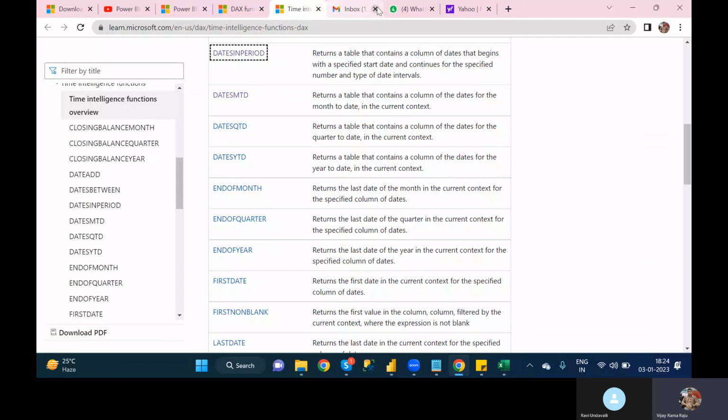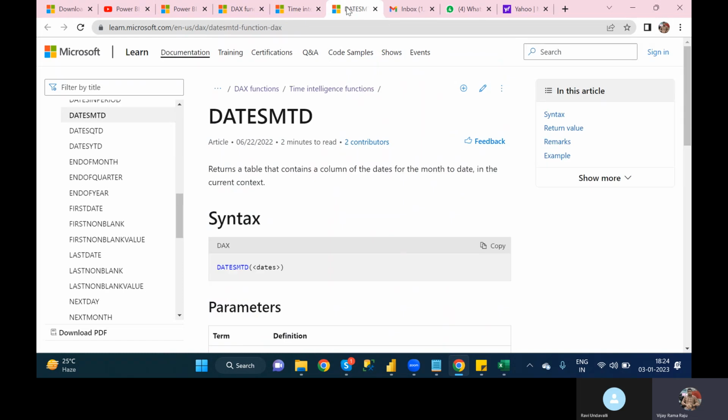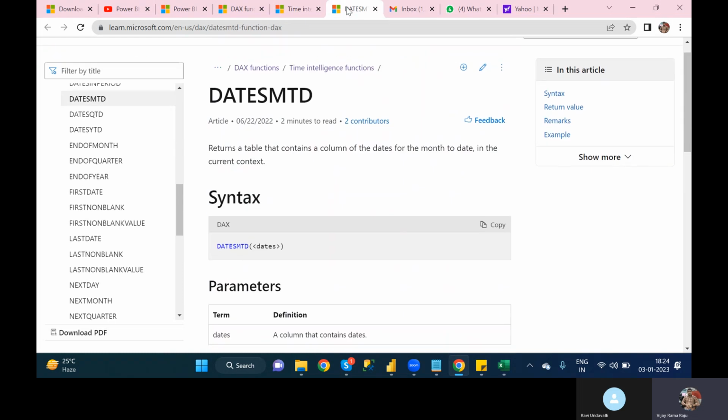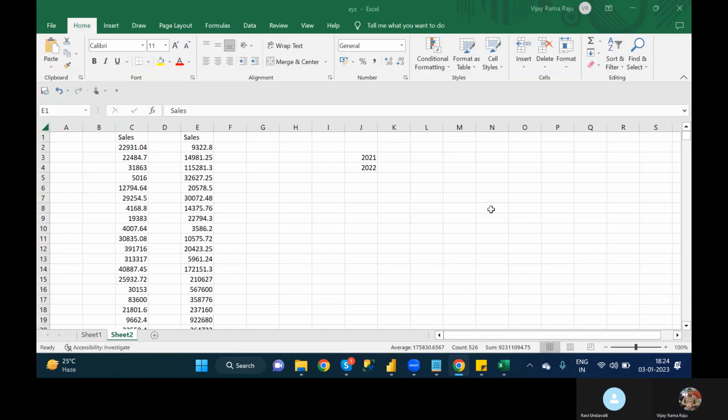Next one is dates MTD. Dates MTD means month to date. Let's see how it will be calculated. Suppose for example,